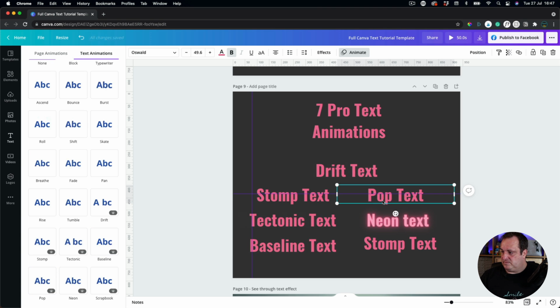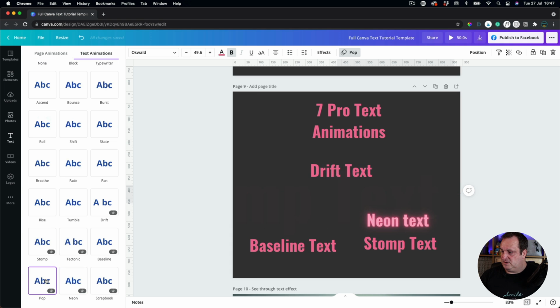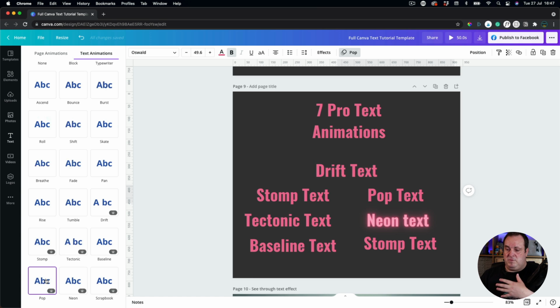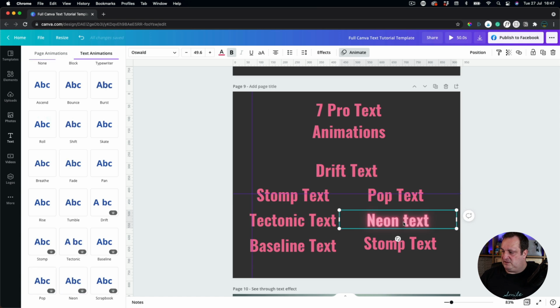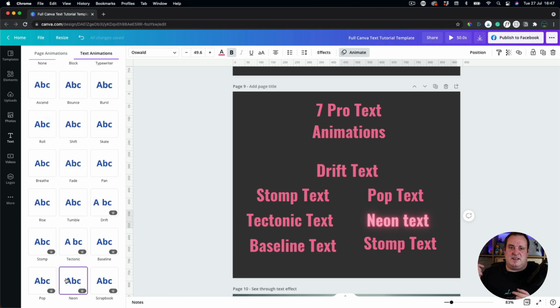Pop Text, so it just kind of pops on. It's almost like it bounces on, and you can see as you hover over these as well, it does. I really like this neon text, and I'm going to put a link down below to a little